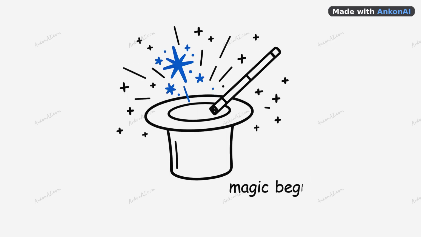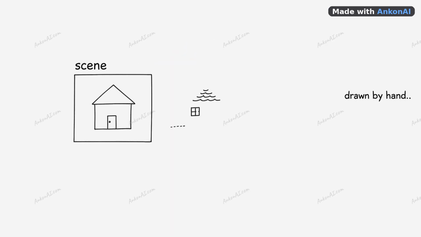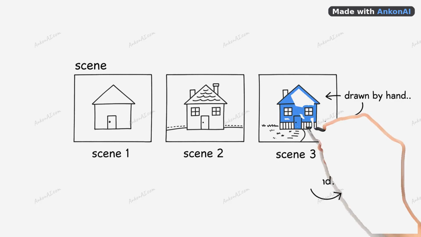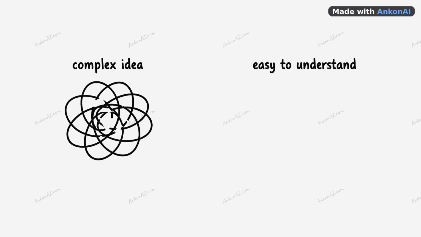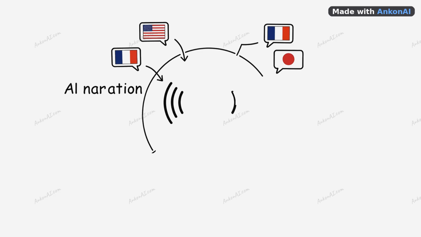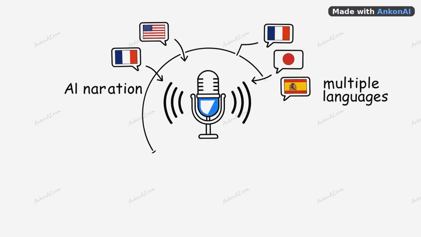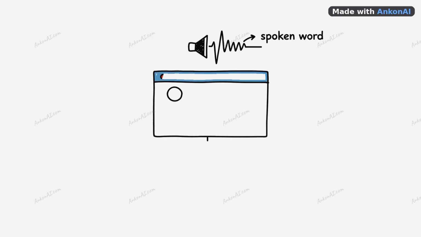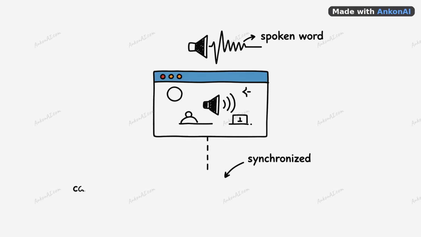Then the magic begins. Ankon generates a scene-by-scene whiteboard animation, where every illustration appears as if it's being drawn by hand. The visuals evolve naturally with the narration, making complex ideas easy to understand and surprisingly enjoyable to watch. It doesn't stop there. Ankon creates natural AI narration in multiple languages, making it easy to share your ideas with audiences around the world. Every spoken word is synchronized with animated captions, so viewers can follow along effortlessly, whether they're